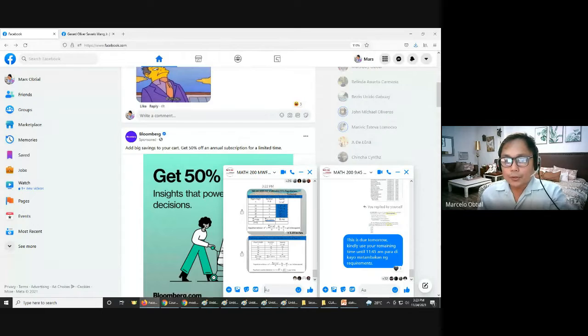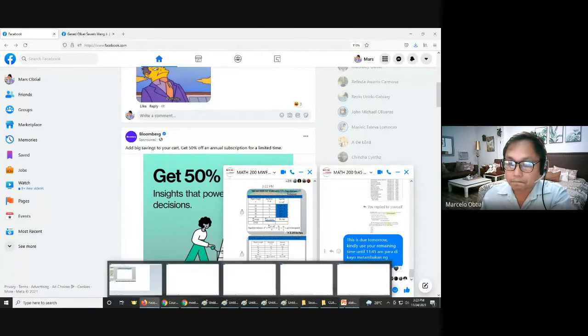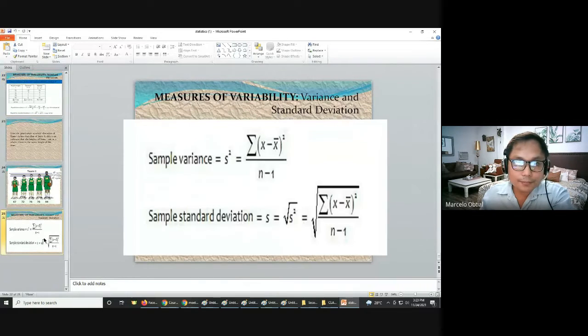Next is the population variance and standard deviation, but this time for a sample. When a sample is given, this is the formula. As you can see, it changed: instead of sigma, it's S. Instead of mu, it's x bar, the sample mean or average. Then divided by n minus 1, because it's a sample, small n. We need to get the degrees of freedom. We deduct 1 because that is called the degrees of freedom.